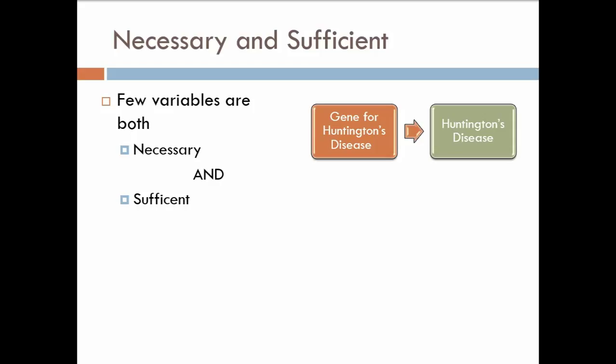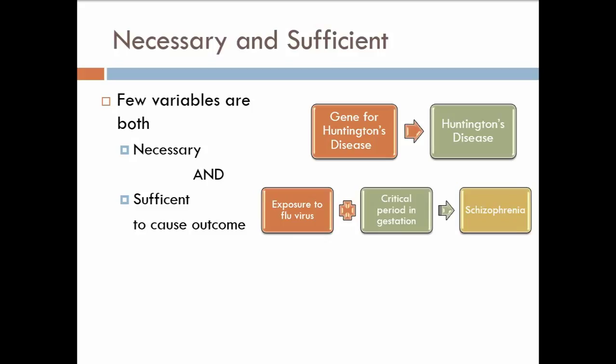I had to reach out to a genetic disease to come up with something because so few things in psychology are like that. I mean, so few outcomes that we are interested in psychology are outcomes that we know there's a single cause. It will always produce the outcome, and it's all you need in order to get the outcome. There are very few variables like that for us.